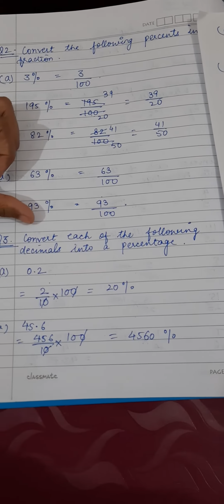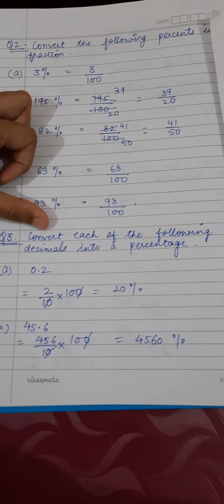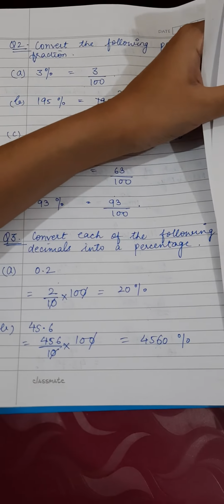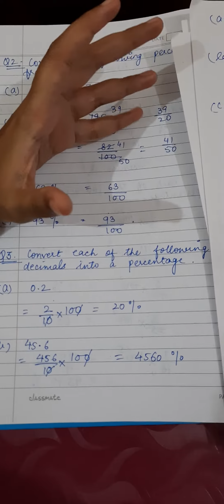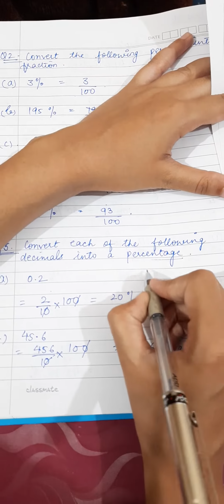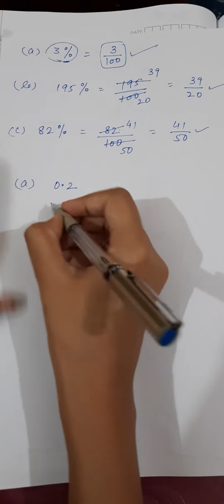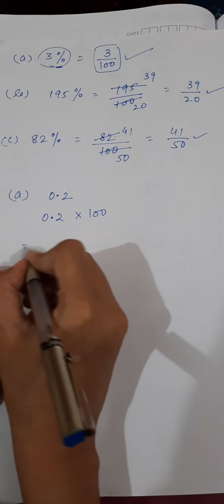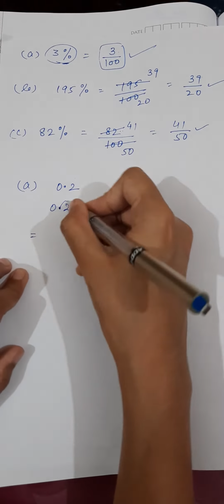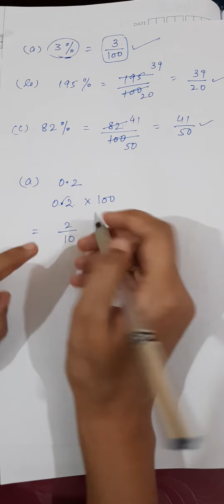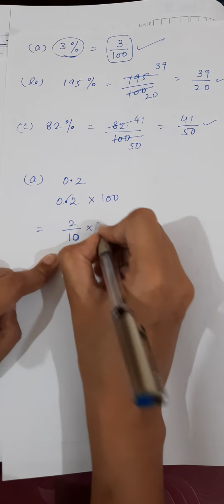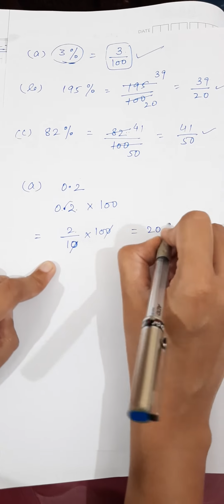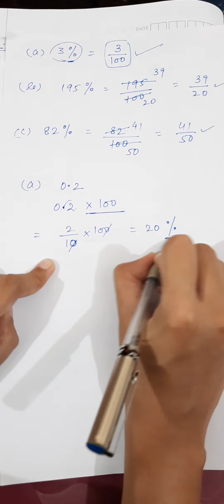Now the next question, question 3, is convert each of the following decimals into percentage. Now the decimal is given and we have to change it into percent. The very first thing which will come to your mind is that when we have to change to percentage, we are going to multiply by 100. Now the first part is 0.2. I have to change this 0.2 into percentage, so I'm going to multiply by 100. Firstly I'm going to remove the decimal. How? 2 upon 10, because after the decimal how many digits are there? 1. So I'm going to divide by 10. Multiply by 100. 0 and 0 cancelled. Answer is 20%. Multiply by 100, and in the answer the percentage sign.